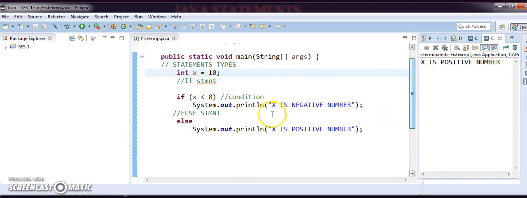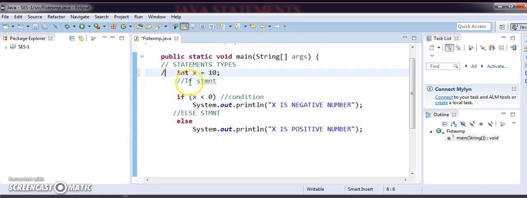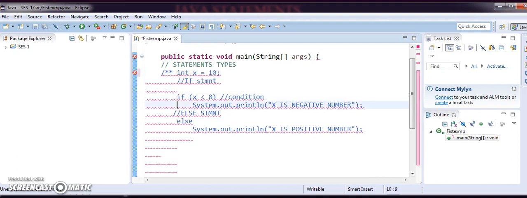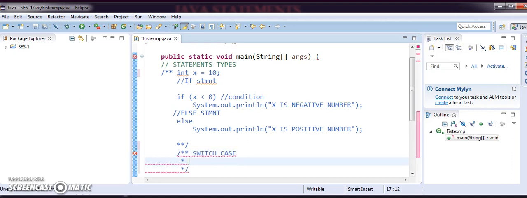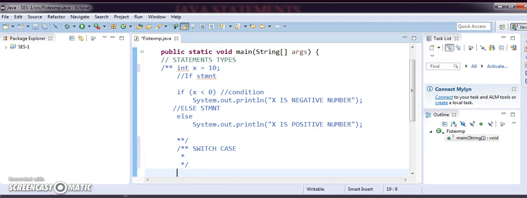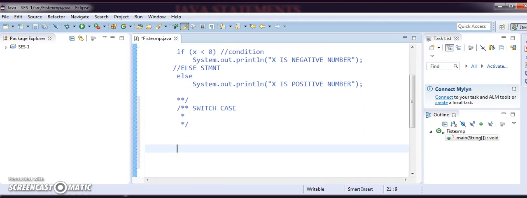Now we'll come to the switch statement. So I'm just putting everything in comment. Now we'll come to the switch case. We'll write the switch case. Okay. Now for the switch case,